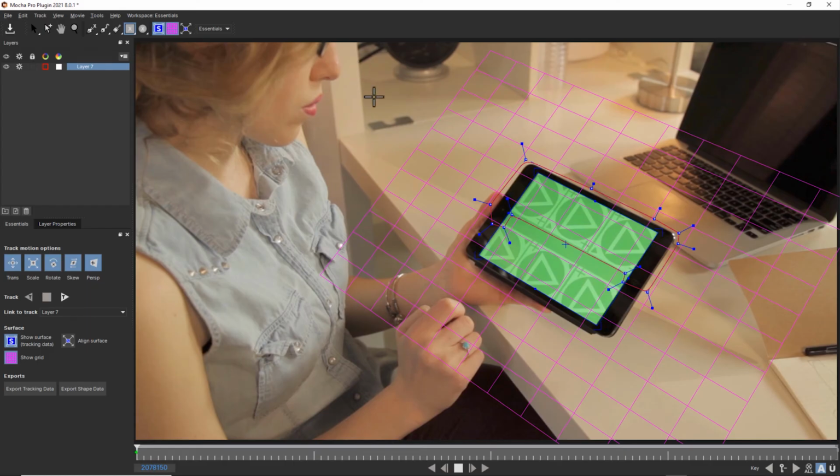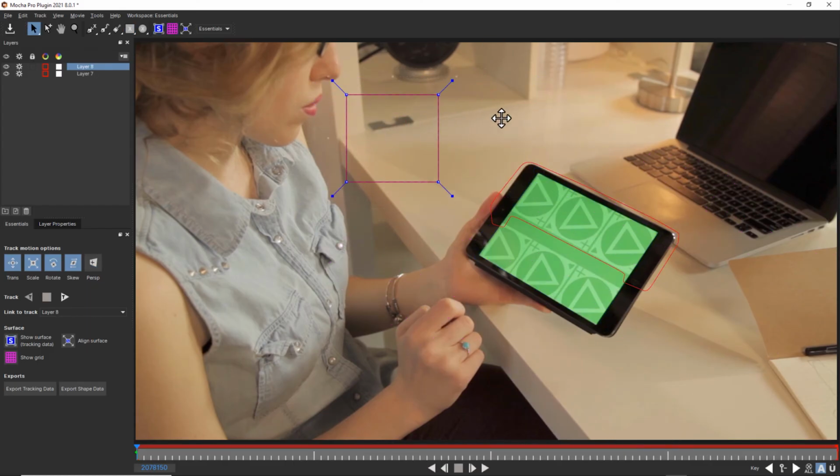What does that mean? Translation's really obvious. It's just what the object is doing in X and Y. Scale, also really obvious. It's how the shape grows or not. Rotation is also very obvious. But one of the things that really throws people off is what's the difference between shear and perspective. So shear is your movement in X and Y, so a warp in X and Y. And perspective is the addition of Z space into that warp. So things like a door closing or a face turning away from you.